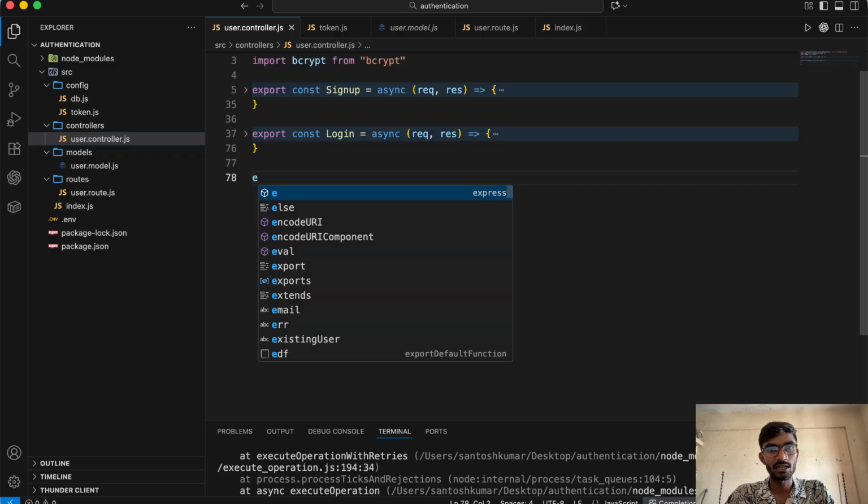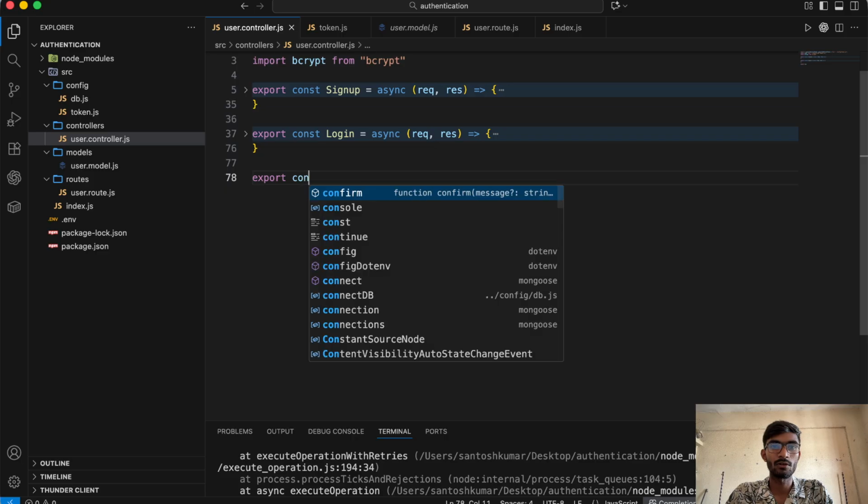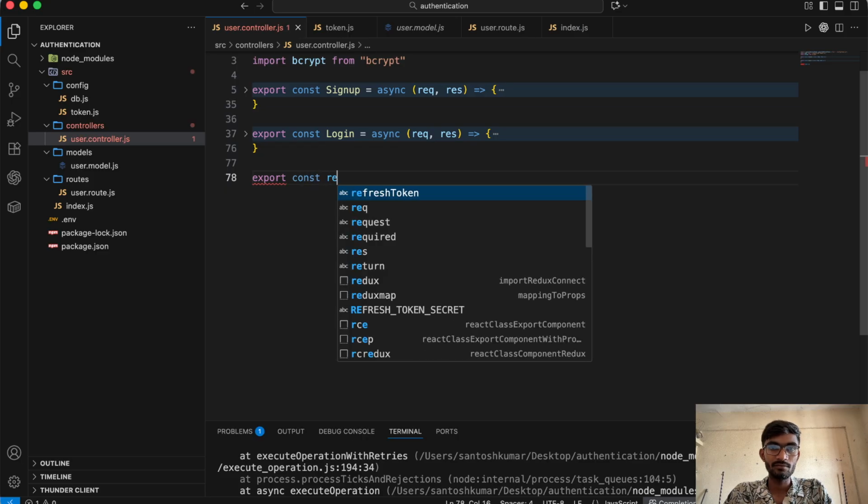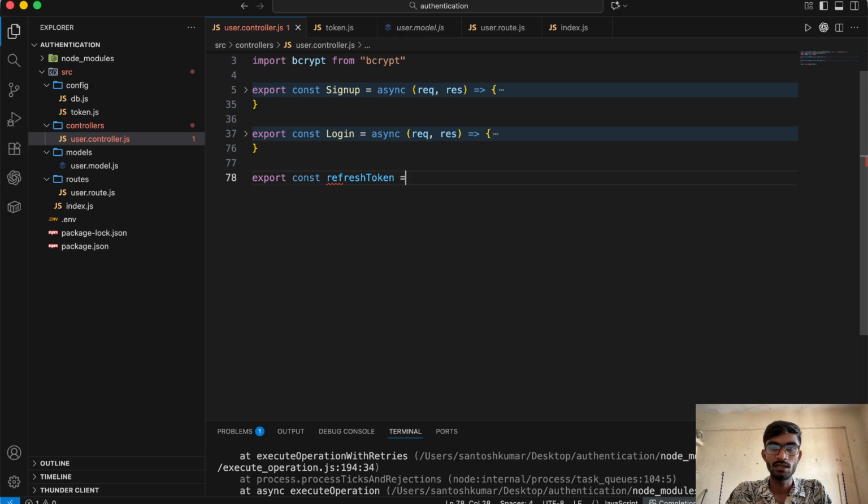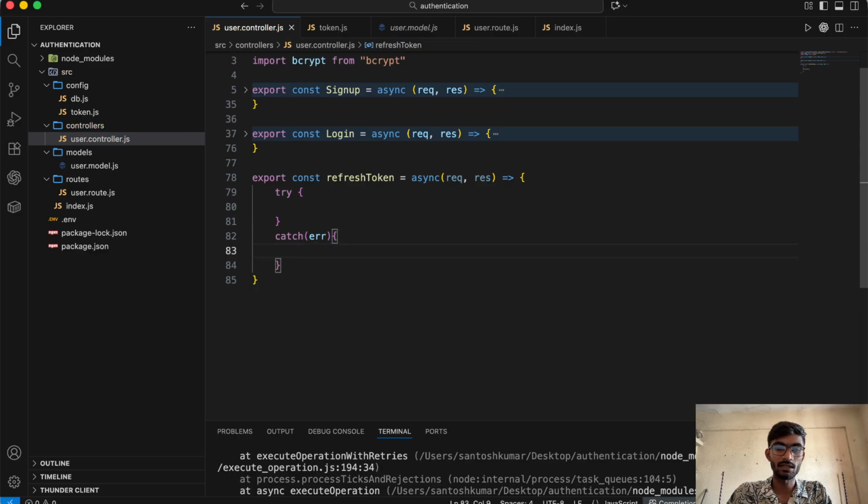So let's start. Export const refreshToken, and it is also an async request and response, and it also maintains a try catch. Okay, and in the error, response dot status is 500,